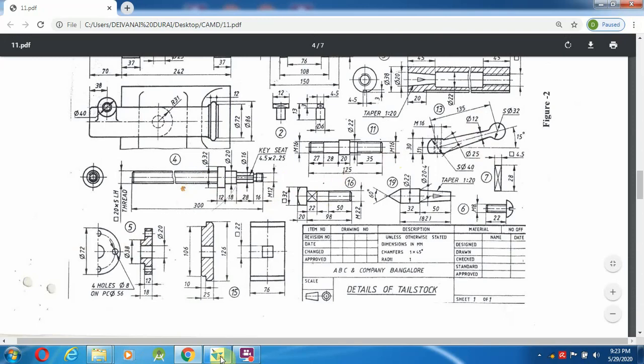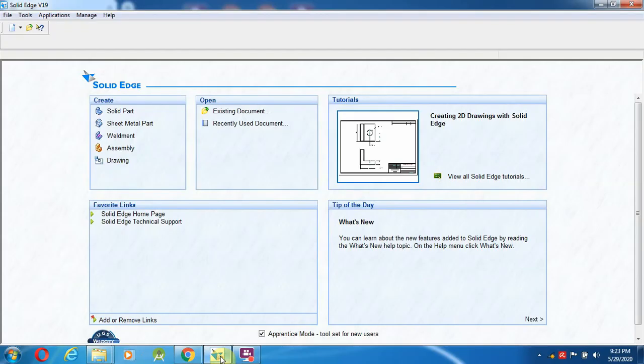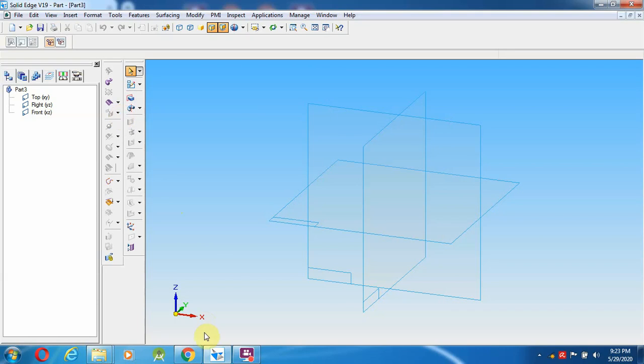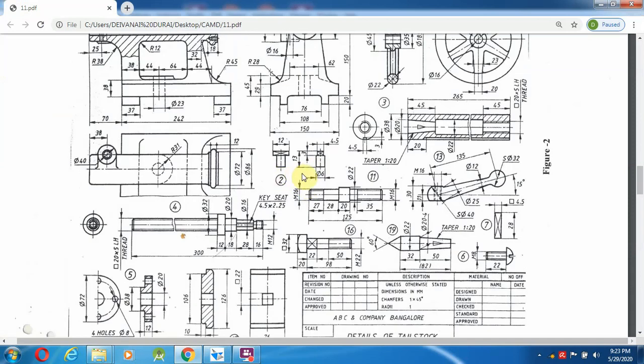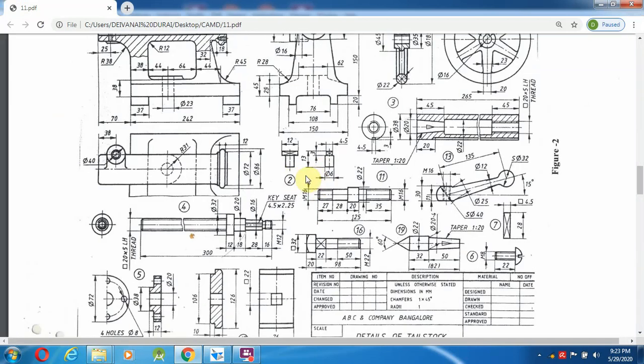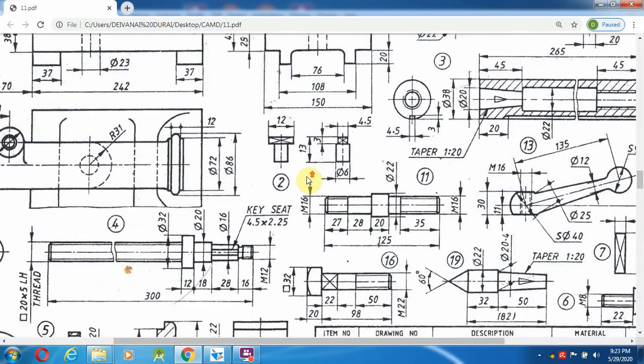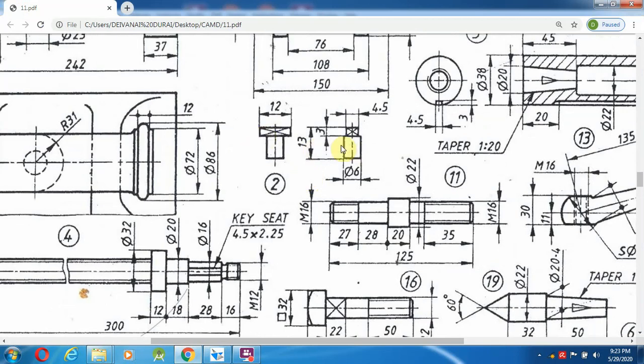I am going to do the feather first. Go over here and select a solid part. After selecting the solid part, first we have to decide which command to use, either a protrusion or a revolved protrusion. Here they have given two views, front view and side view.